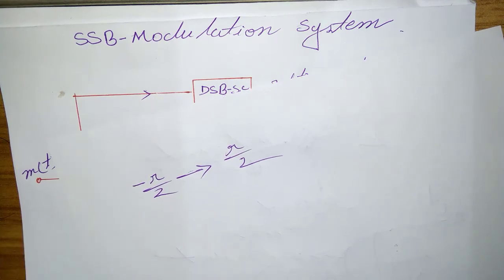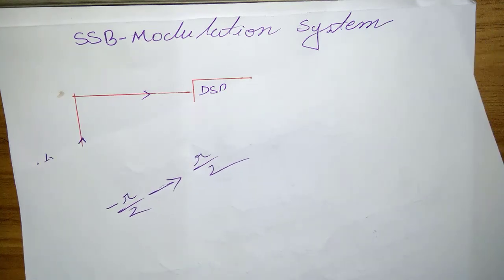The next one is the selective filtering method. This is the commonly used method of generating an SSB signal: the DSB-SC signal is passed through a sharp cutoff filter to eliminate the undesired sideband. To obtain the USB, the filter should pass all components above the carrier frequency, with a transition between the passband and the stop band. Fortunately, the voice signal provides the condition because its spectrum has little power content at the